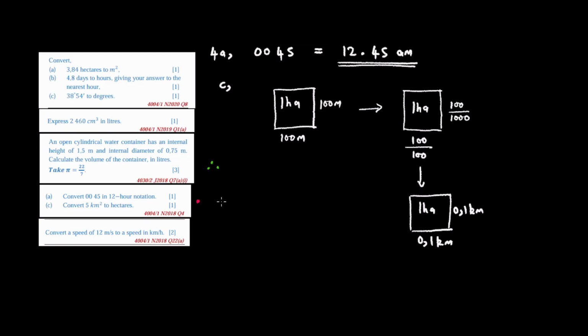Zvatiri kutaura pano tiri kuti 1 hectare iri equal to, what is 0.1 times 0.1? 0.1 times 0.1 is 0.01 square kilometers. Ndo zvatiri kutaura, ndo madhiraivhiro ataita. Tatora zvatinoziva 1 hectare iri equivalent to 100 meters times 100 meters. Tova taconverta 100 meters to kilometers, tikamultiply makilometers atawana, tinoona kuti 1 hectare iri equal to